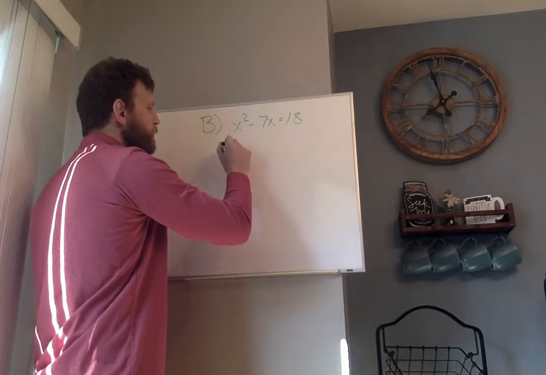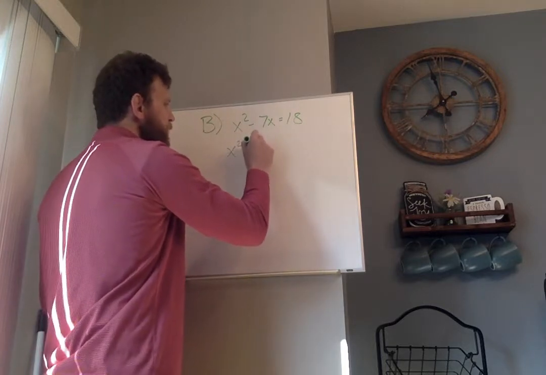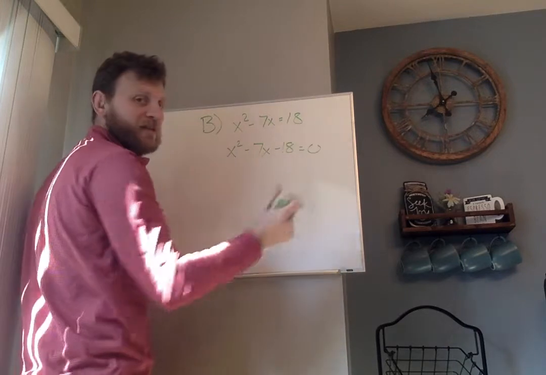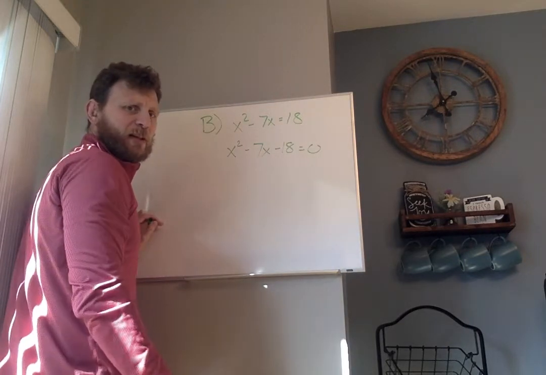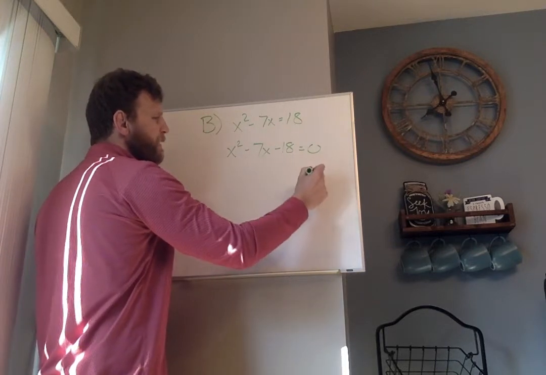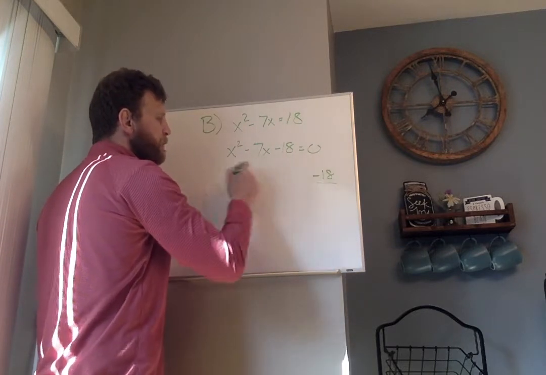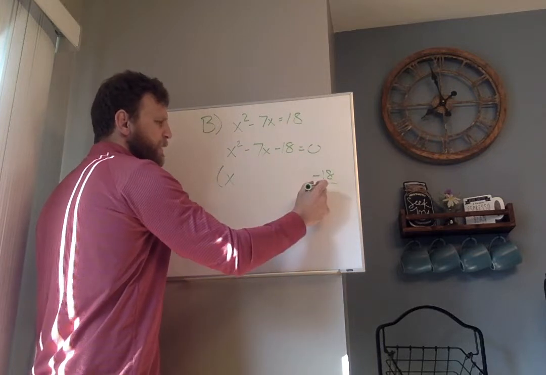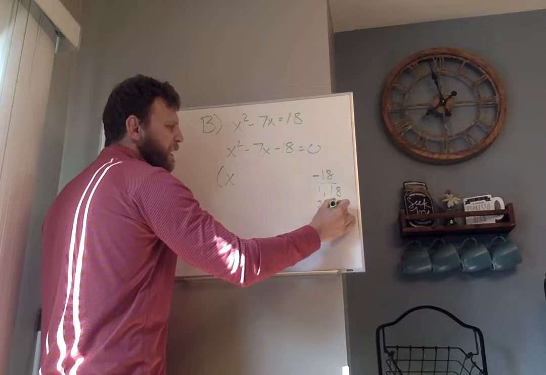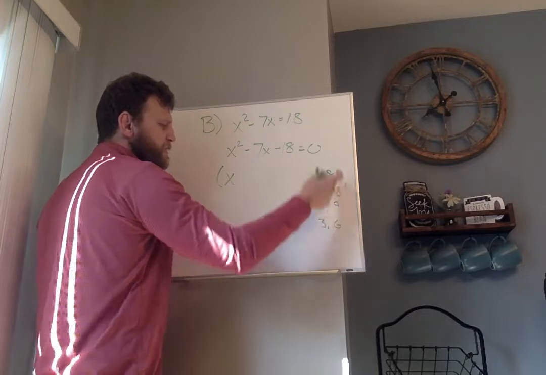I want it to be equal to 0. So I subtract 18 from both sides, and I get this equation. From here, I'm looking for the factors of negative 18 that add up to negative 7. Okay? So 1 and 18, we have 2 and 9, 3 and 6,